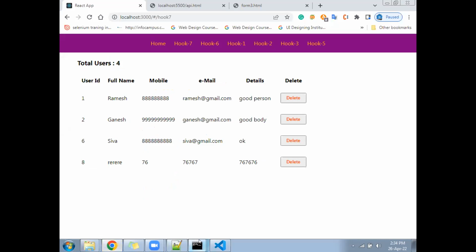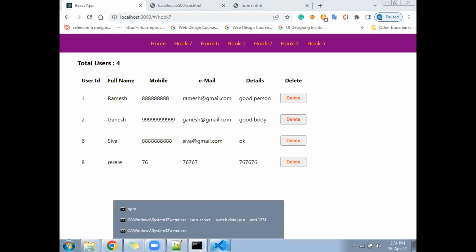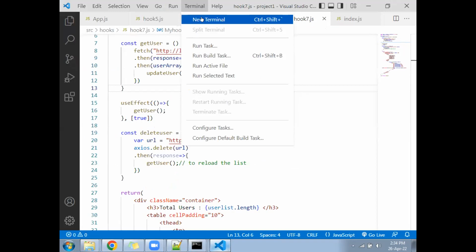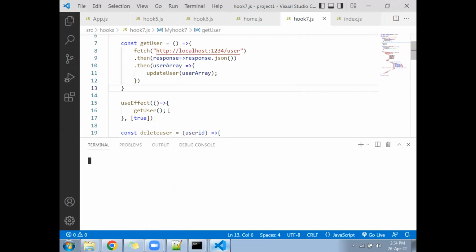Now come again to this project and go to the terminal. In VS Code, go to the terminal and click on new terminal. Under the new terminal,